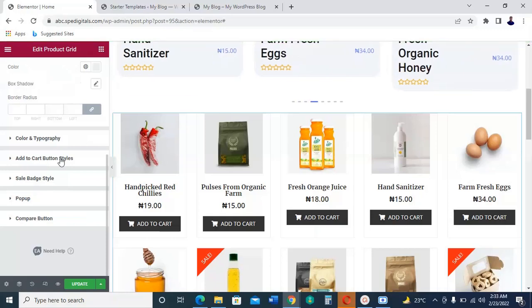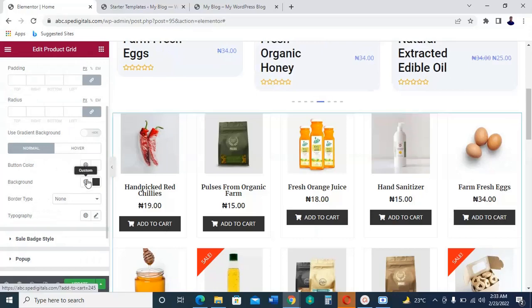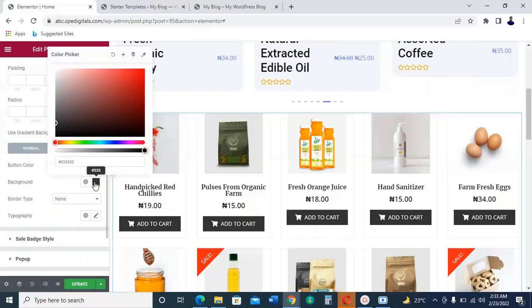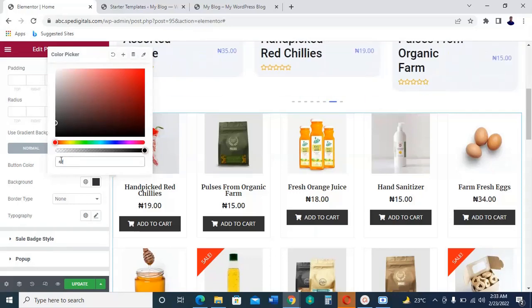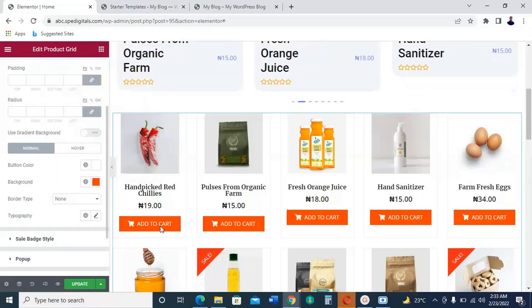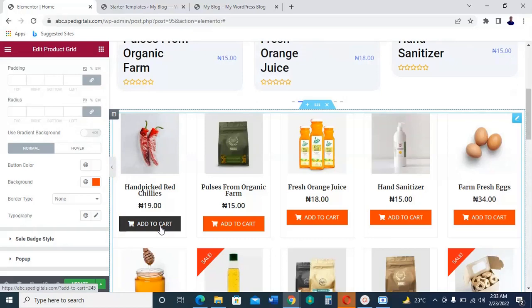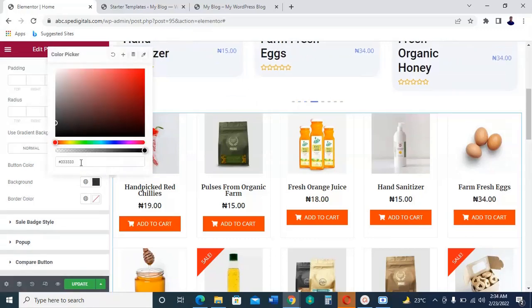Add to cart button. You can see the background is black, so I'm going to change it to FF4500. That's it. That's the color I want to use. If you notice, the hover color is black. We're going to change this. Click on hover. Change it to, I'm going to use